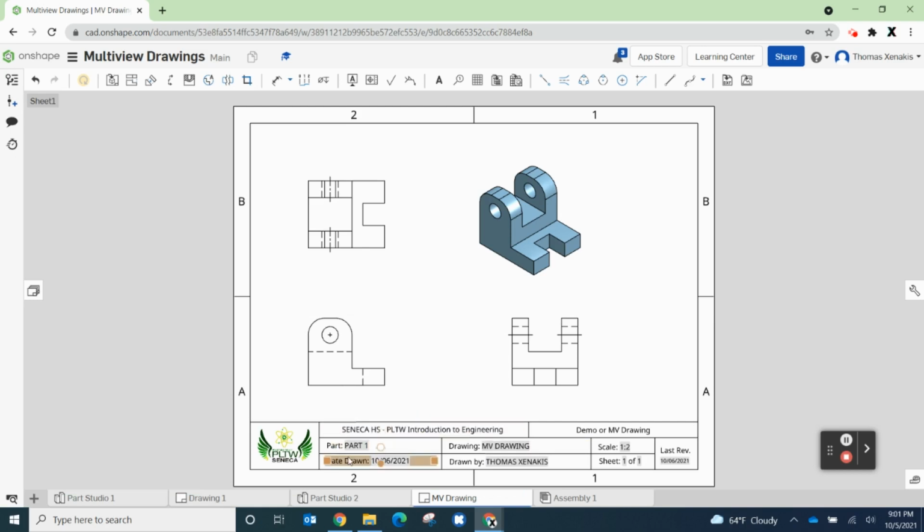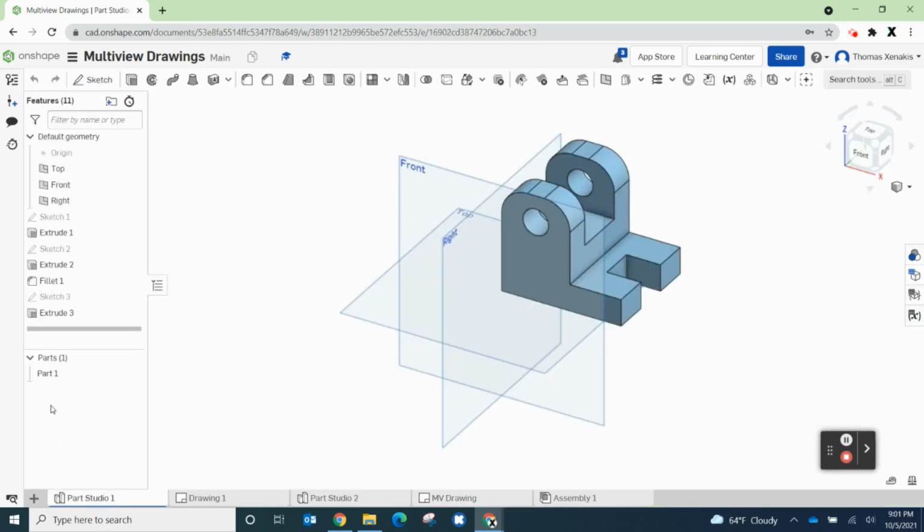And then this part number, all right, if I go back into the Part Studio, if I wanted to rename this and have a specific thing, right now we should only really have one part. In these Part Studios, you'll have the ability to add multiple parts, where it can keep track of these parts separately. So naming these different components, we'll get into that later in the year as we progress. So let's call this Hinge-01, hit enter. Now when I go back into my MV drawing,